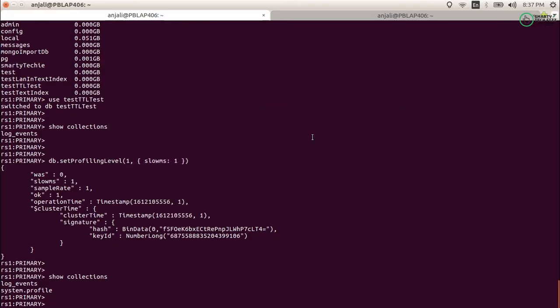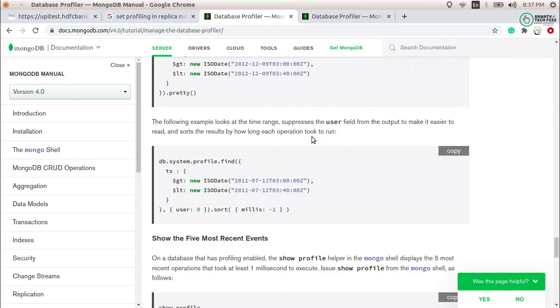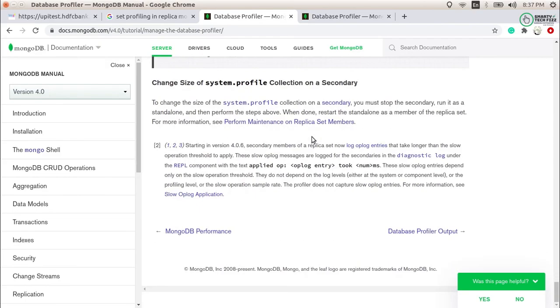So this is all about enabling db.profiling. Yes, you can see that even on the secondary database you can do it, because the secondary will start writing in the profiling section itself, so you can go and enable it on the secondary database too. It will start writing to the collection and it will be enabled under the REPL component, that is the replica component. So you can start the profiling on the secondary or on the primary itself.